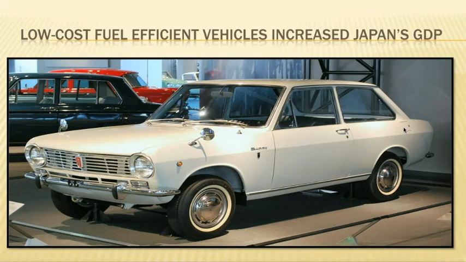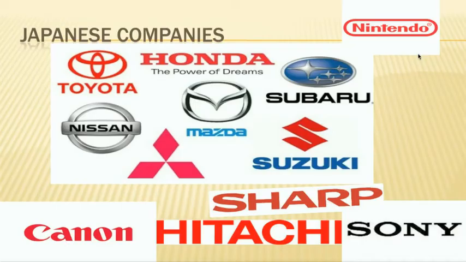One of the things that really helped Japan's economy in that time was their vehicles. We made a major change in the late 60s and into the 70s from going from gas guzzlers here in the United States to these a little bit more cost-efficient, fuel-efficient vehicles that came from Japan. And that's definitely going to help their gross domestic product, which is what most economies are based on. I won't go into the ins and outs of what that means, but that's kind of how these economies are looked at, and certainly that's what the data comes from.